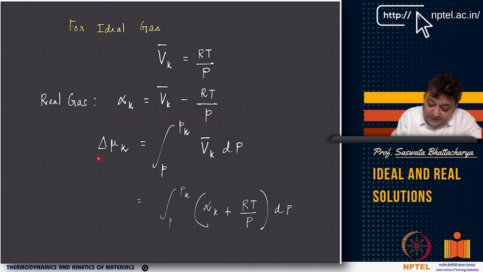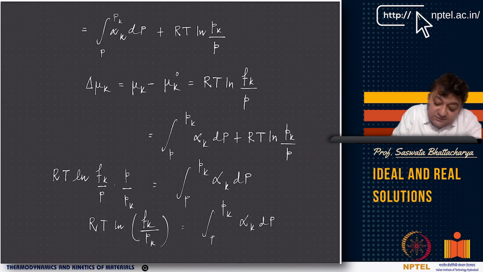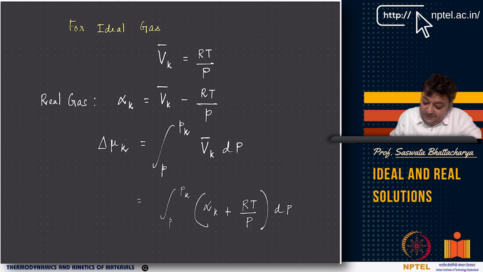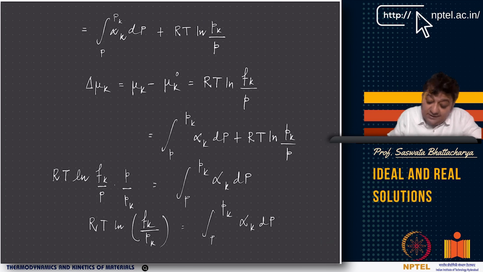Now, if you look at delta mu k and you integrate Vk bar dP, which is nothing but alpha k plus RT by P dP, because if I take this side, then this is alpha k plus RT by P dP. So this is the integral of alpha k dP from P to Pk, because P is when there is no mixing, right? So P is for the pure component, and Pk is the partial pressure after mixing, right? In the real solution, delta mu k comes out to be mu k minus mu k naught,